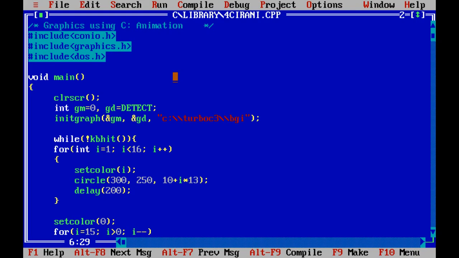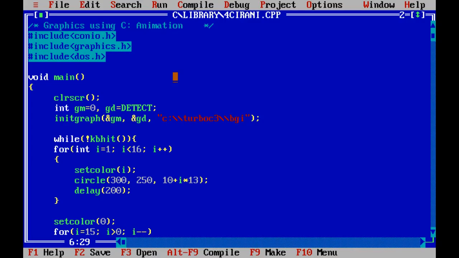Before discussing the program, I would like to show the output. Okay, we already showed the output. Now I discuss how it works.